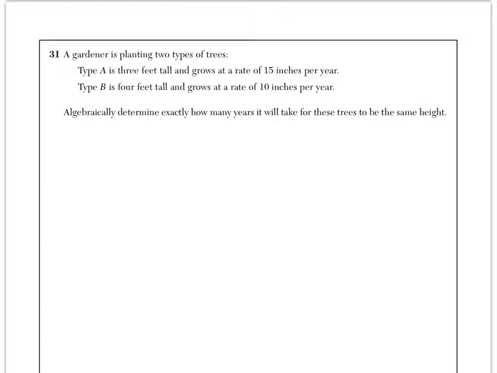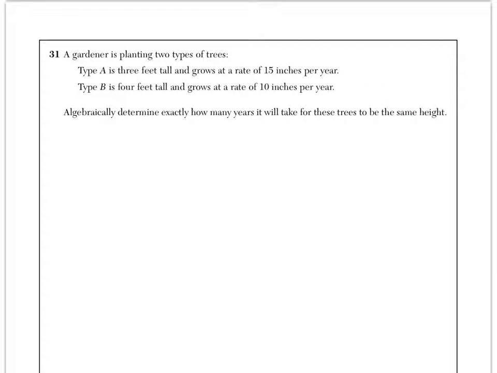Question 31 is talking about a gardener, and he's planting two different types of trees, type A and type B. And we can see that they both have some differences. And the one thing that I'm noticing right away is that this is in feet and this is in inches. So right away I know that I'm going to have to do some type of conversion when I'm creating my problem. So it says below, algebraically determine how many years it will take for these trees to be the